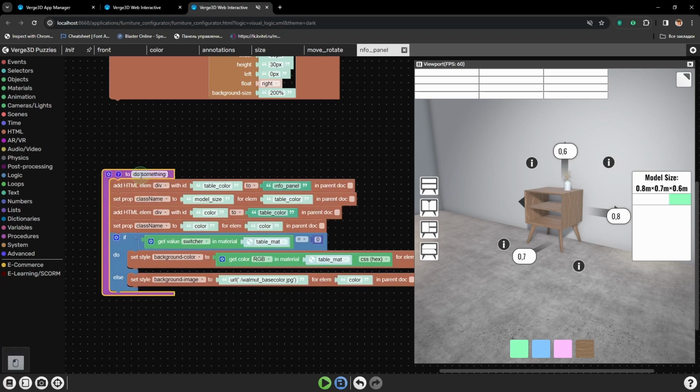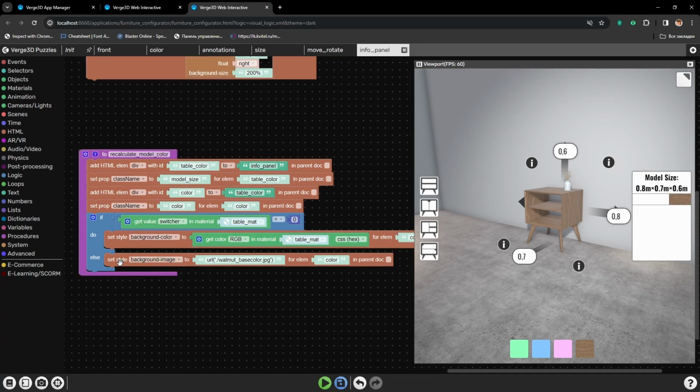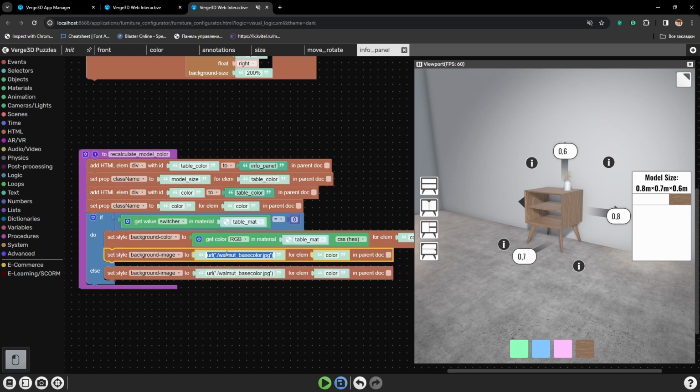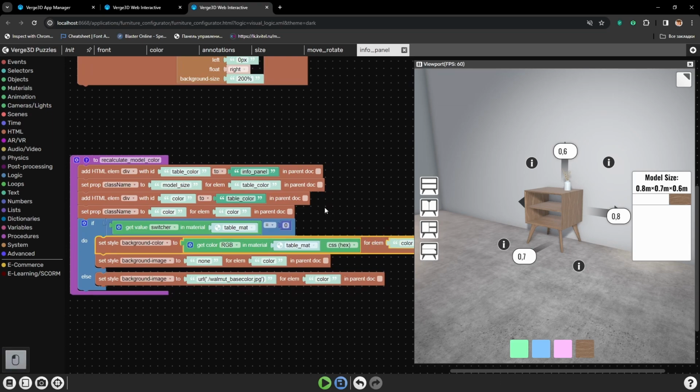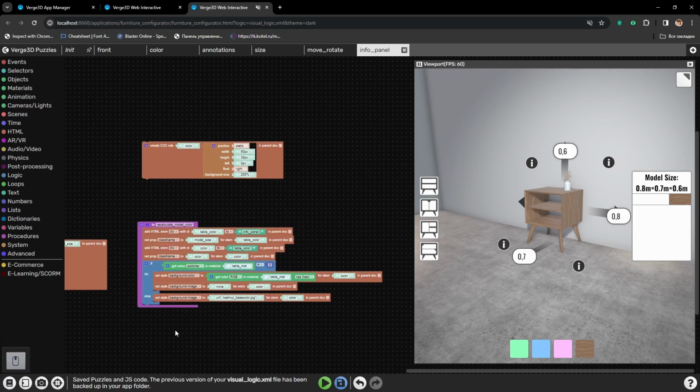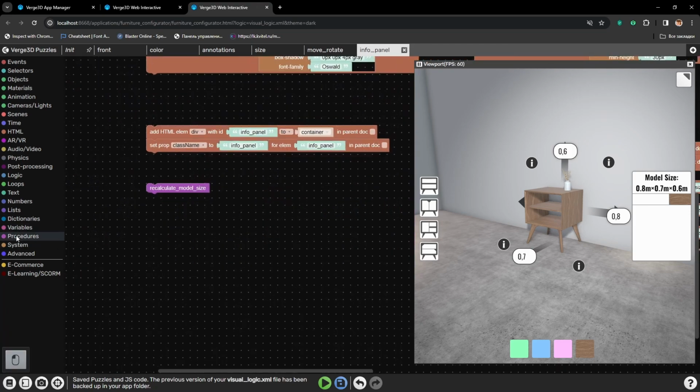Let's call it recalculate model color, and also we need to add here set style background image to none. So when we choose the color option, the background image will be set to none, so they don't interfere with each other. And background's color will always be under the background image. Alright, let's save. Add the procedure recalculates model color, so it will calculate the color option right at the start